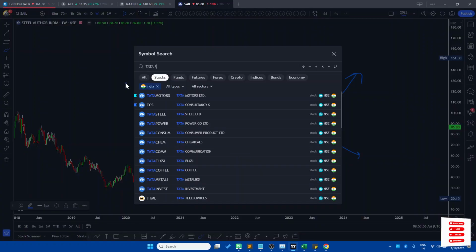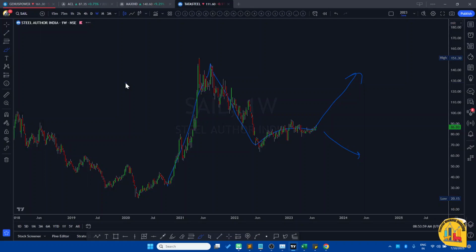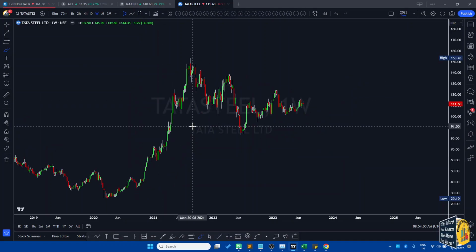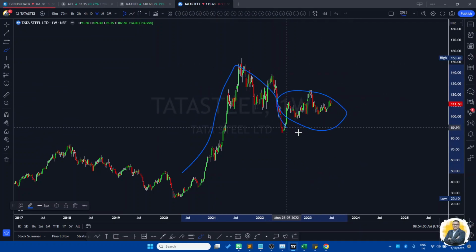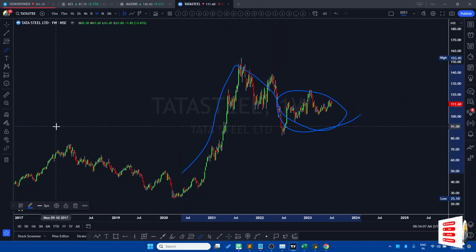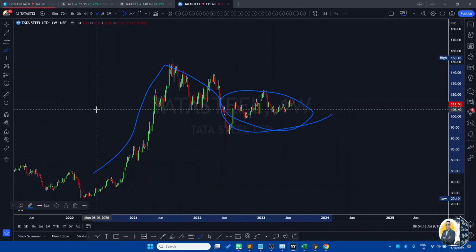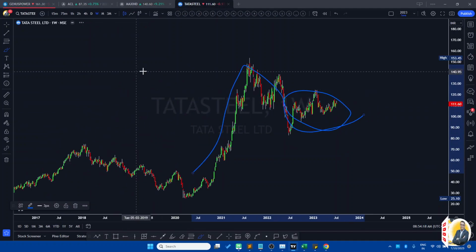And Tata Steel anyway, with the government having a lot of push in terms of infrastructure, it's a thing. And again, you see a similar structure, up, sideways, and it's just consolidating here. So steel is another sector which I'm looking at. IT, steel, when nobody's talking about it, it's just under the radar now, but have a look at it. Okay, and financials are one of them.